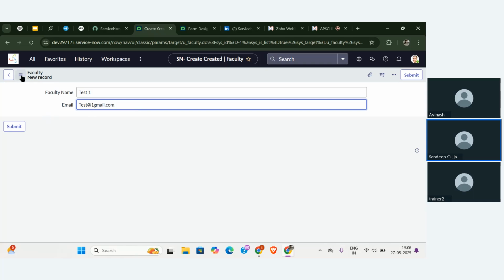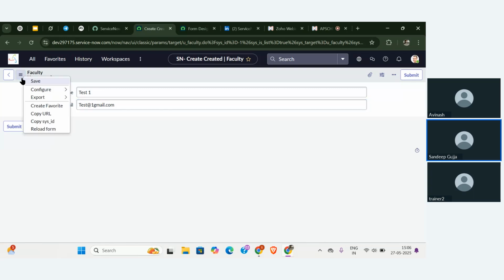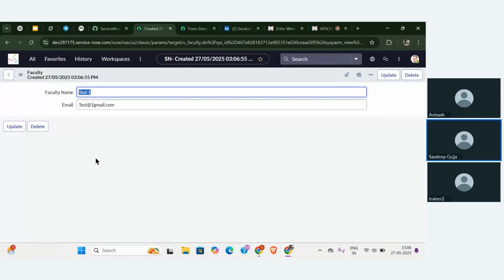Click on submit, but I'm going to do one more thing here, guys. I already showed the difference between submit and save, but let me show you one more difference we have whenever we are working on multiple records creation. If you click on the context menu, if I click on save, it will store the data in the record, but we have options to